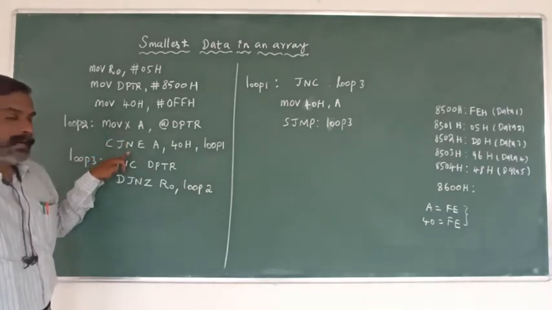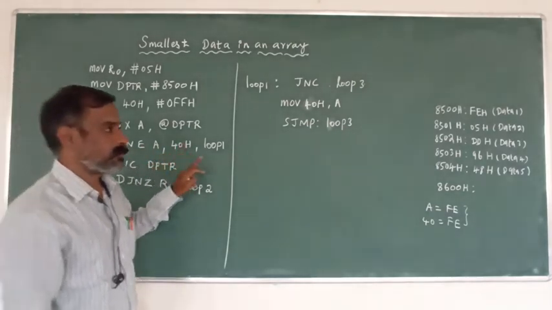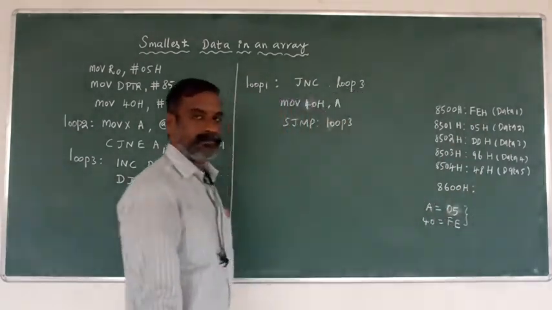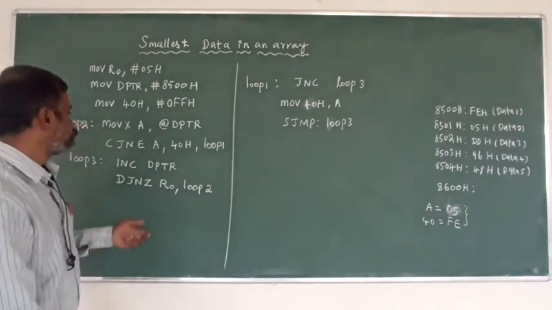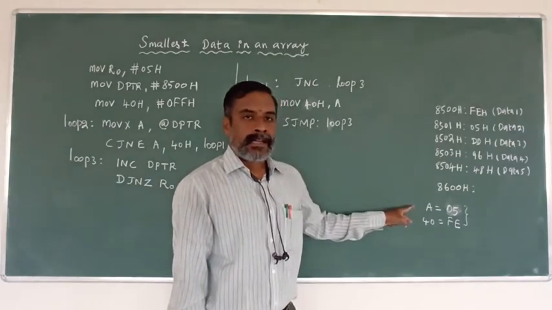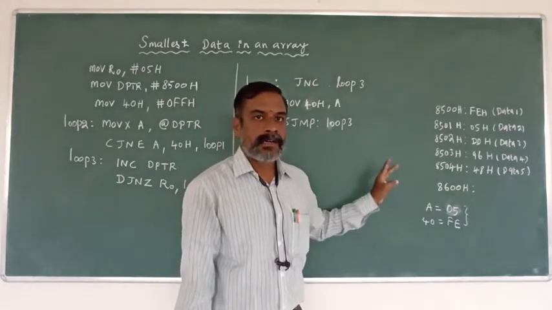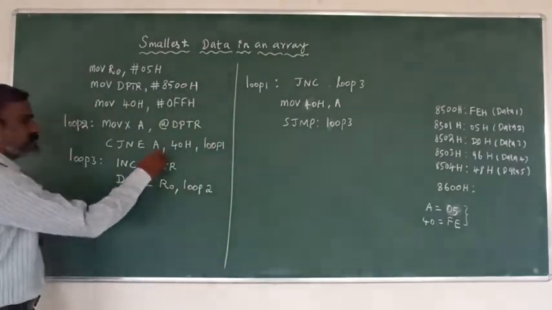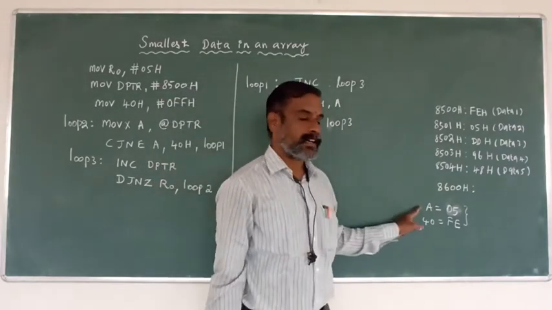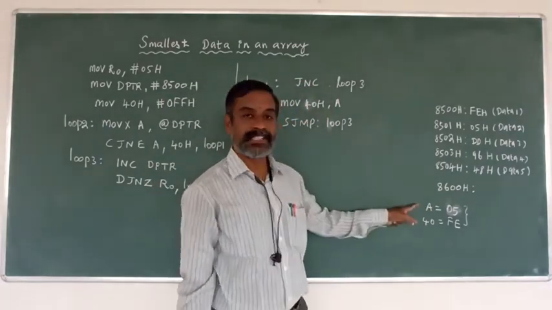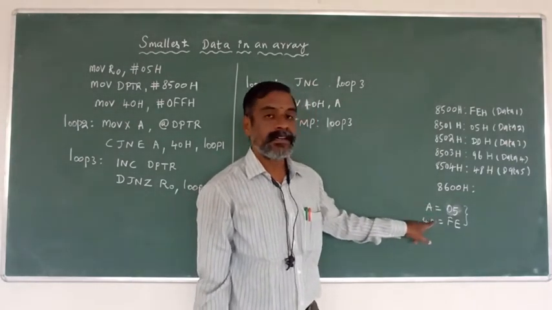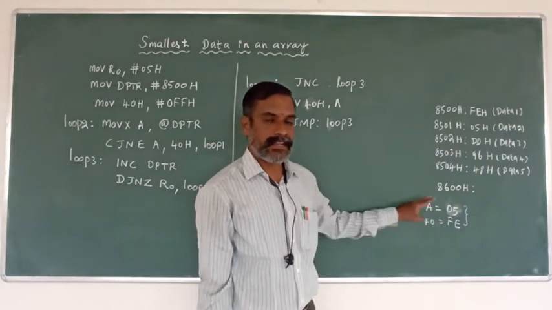Again compare the accumulator data with 40H. Now the accumulator data is 05. Now to compare these two, are both equal or not? Not equal. Now this condition is satisfied. Satisfied means jump to here and check the carry status. Now the carry flag will be in set condition. Now the accumulator data is lesser than the internal memory address data. Now the carry flag is set.